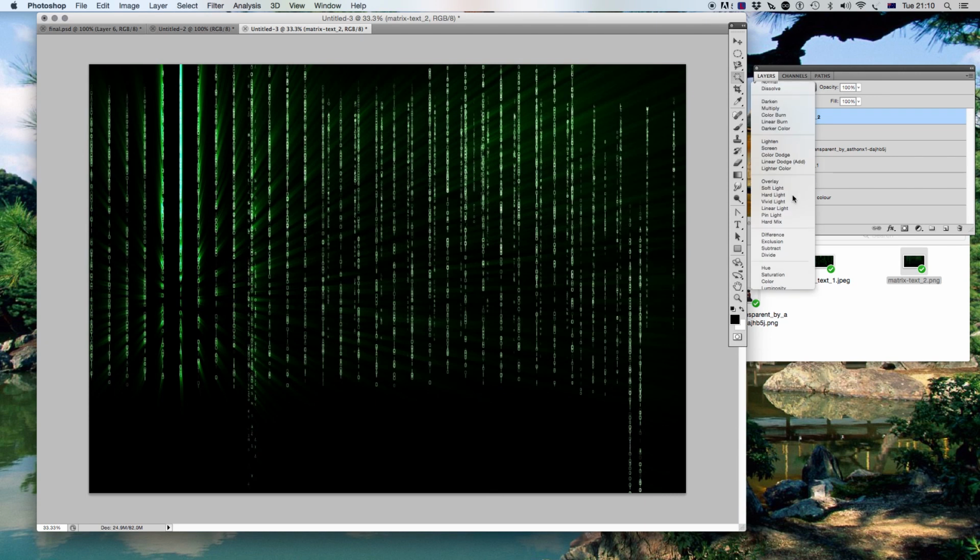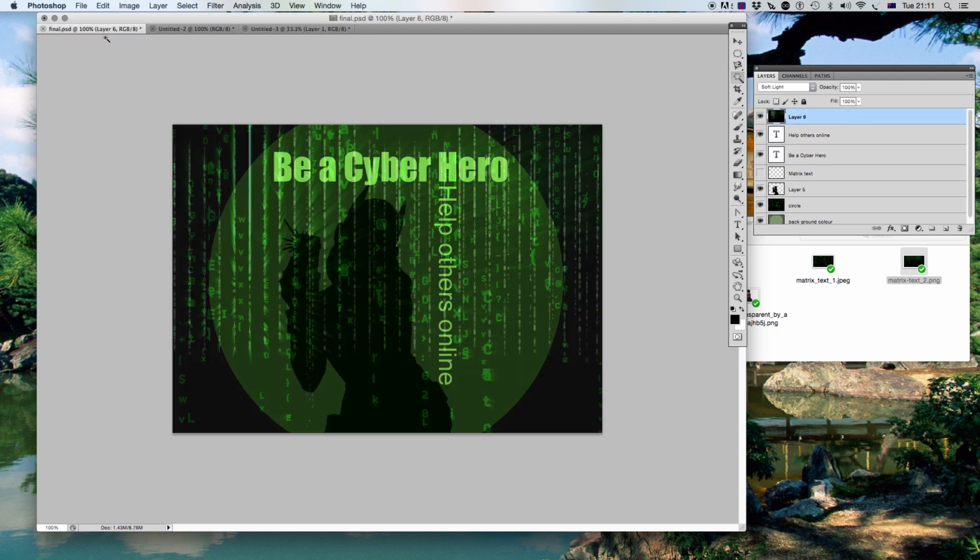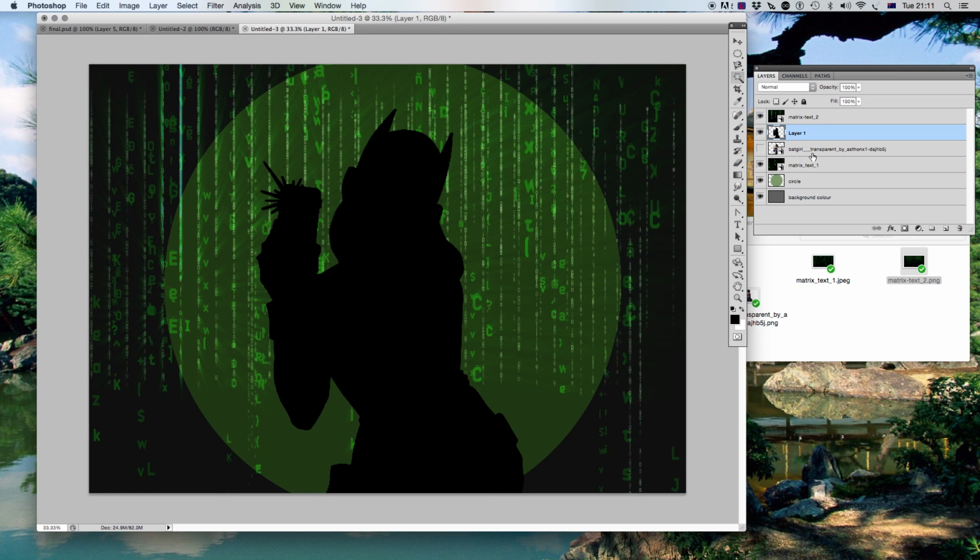Normal, soft light, then you'll see I've got another layer of matrix text over here. All we need to do now is add some text. So in my final one I put my text just above Batgirl here. So I put 2 layers of text. Let's see what I can do. So above Batgirl there, I'm going to select some text,